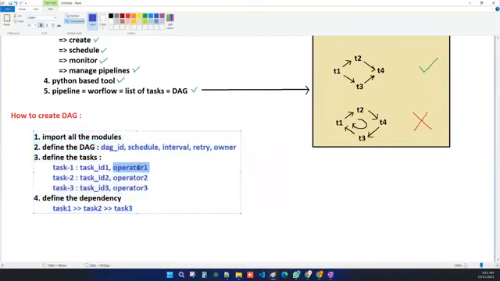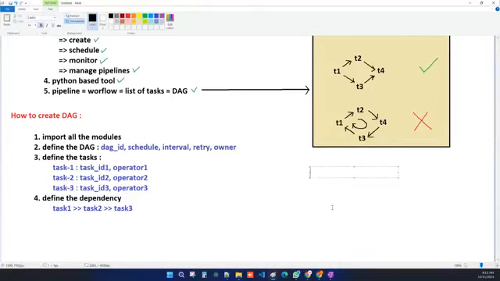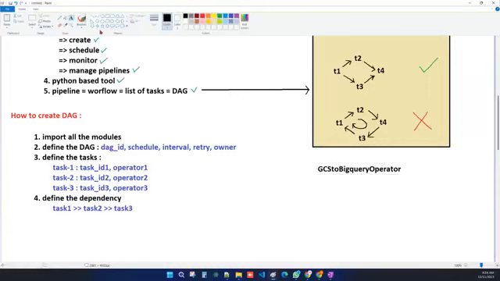I wanted to tell you about the operator. One example of an operator is the GCS to BigQuery operator. What will it do? This operator, the name itself is saying, if you have some kind of a file in the GCS, one file is there in the GCS,